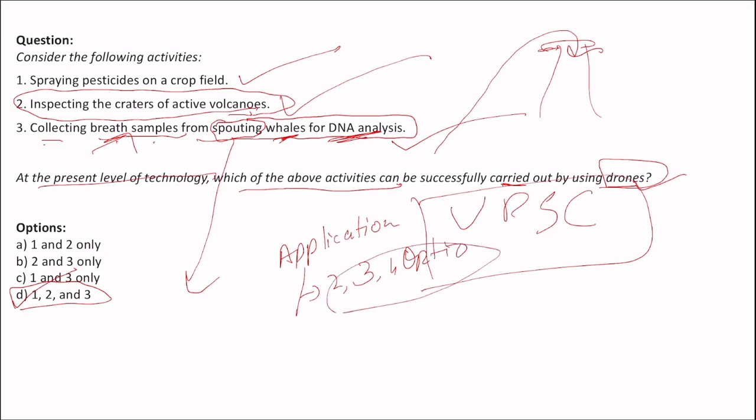And what is spouting? Spouting is nothing but the whales coming out of water to take breath. That is what is called spouting whales. So this is how you should train your brain, so that in the final exam, when you see a question, you will try to apply your brain. In the next question,